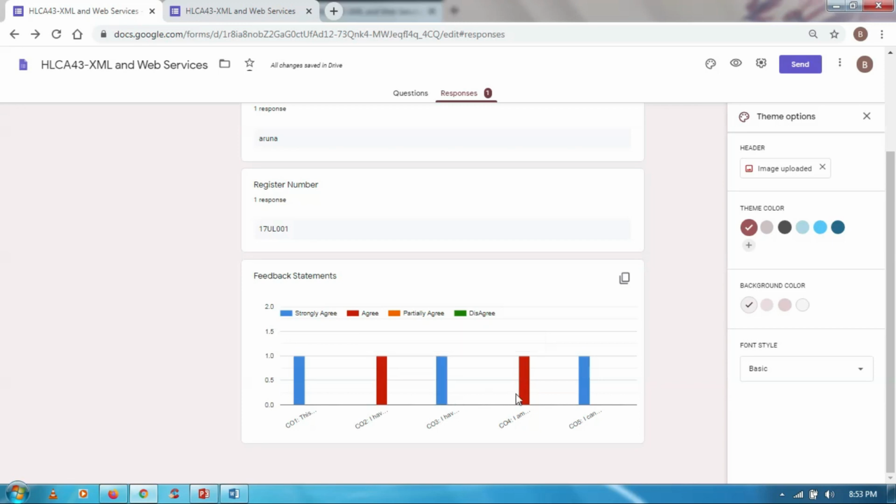Similarly for CO3, CO4 and CO5. If there are n responses, the count in CO1 will be classified as strongly agree, agree, and so on. Using this count, you can calculate the indirect assessment which has been given in an Excel sheet.